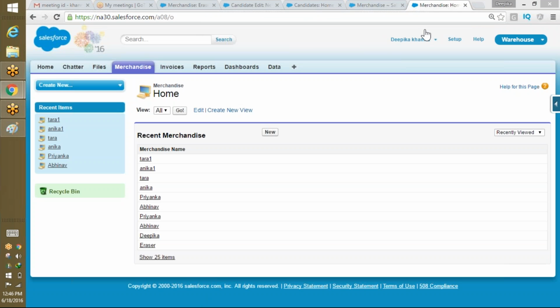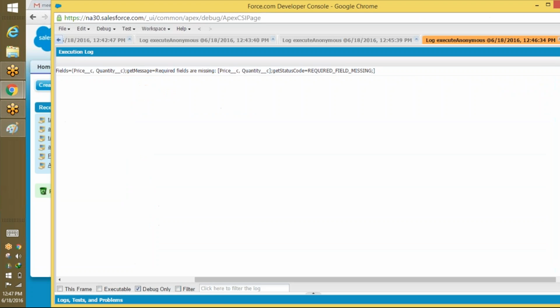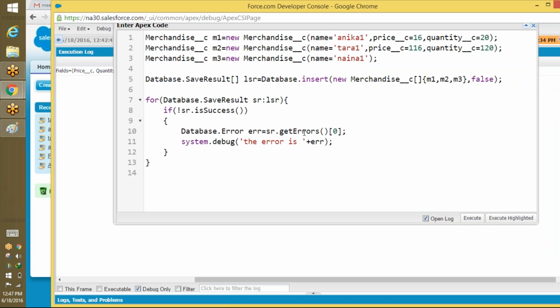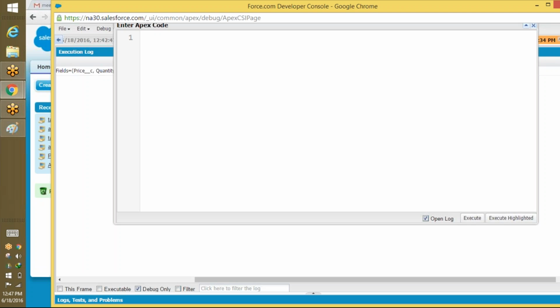Yes. Got it? Good. So this is what the database insert and DML insert, and rest everything is very similar. So now if I wanted to go ahead, let's say I want to delete something, how I'm going to delete it, I'm just going to use the same exact thing. So let's say, get rid of this, merchandise